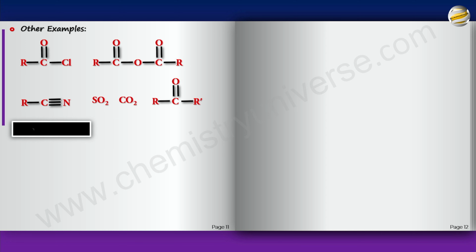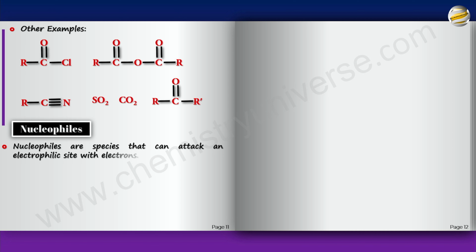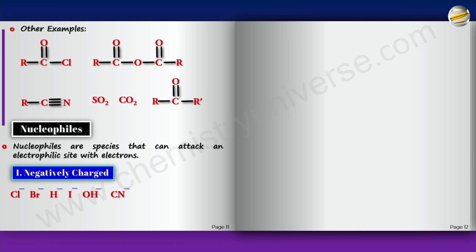Now let's talk about nucleophiles. Pretty simple. Nucleophiles are species that can attack an electrophilic site, obviously, with a pair of electrons, and they can even be negatively charged. Many of them are negatively charged because they have a lone pair. More important is the presence of the lone pair, not the negative charge. And of course, there are some species which have negative charge, no lone pair, but they're capable of giving a nucleophile, like BCl4- and PCl6-.